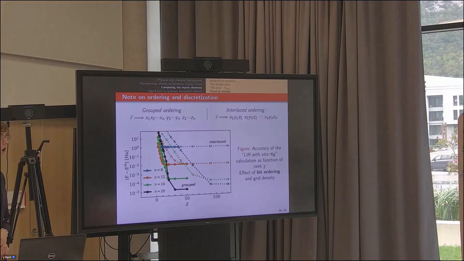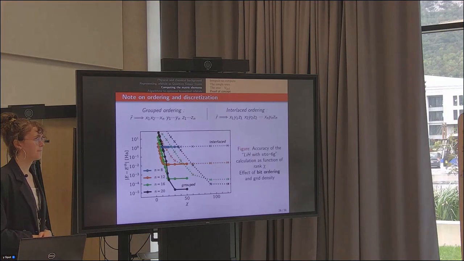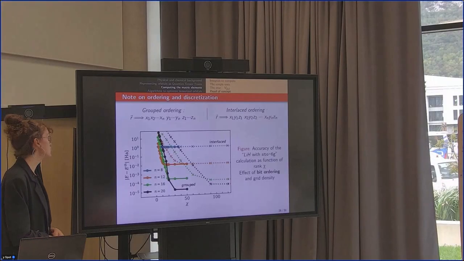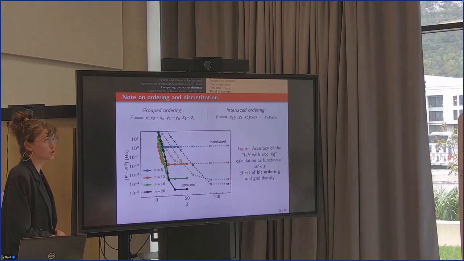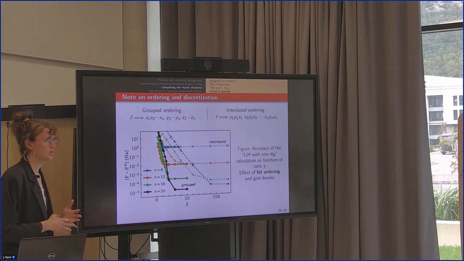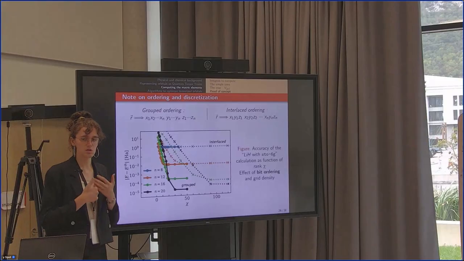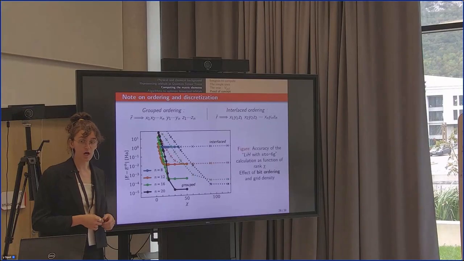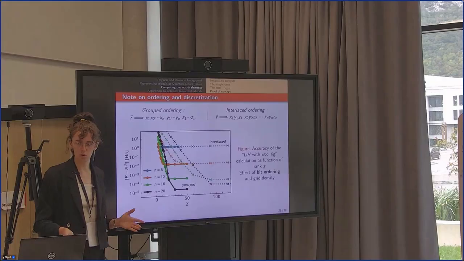Yes? Just the point that the answer may depend on the number of Gaussians. The number of Gaussians, yeah, I guess so. But in practice, we're going to get rid of Gaussians soon. And the test we did was not only on Gaussians. We saw that for common orbitals, including the exact solutions, e to the minus r and 1 over r, grouped ordering was better overall than the interlaced.